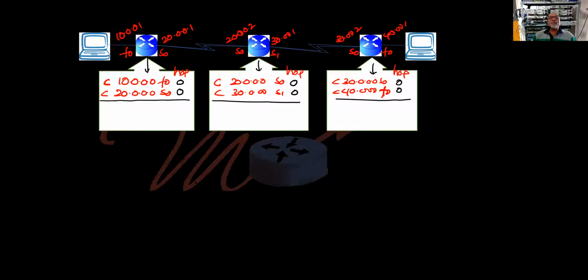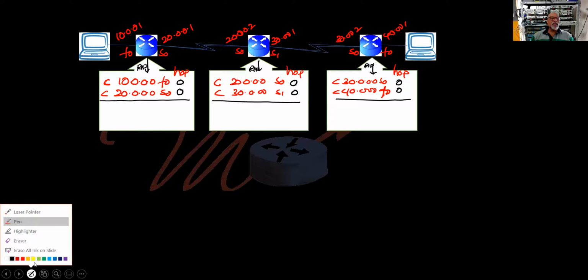Now, if you see here, we configured RIP, let's say. I configured RIP here. How to configure? We'll see that. Now, what we learned: RIP tells the next guy every 30 seconds, hey, I have these networks.